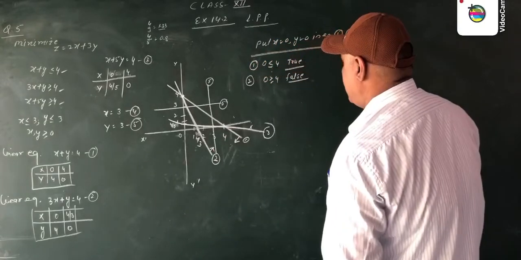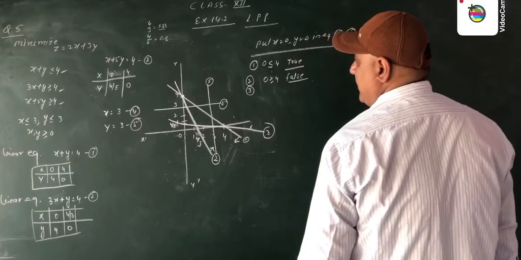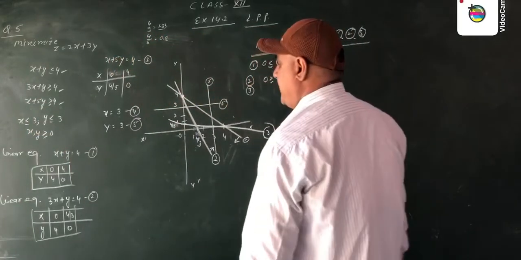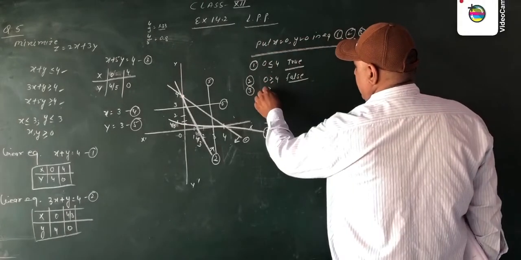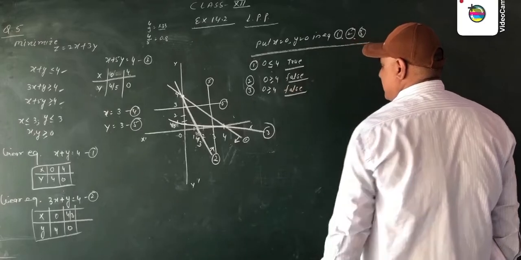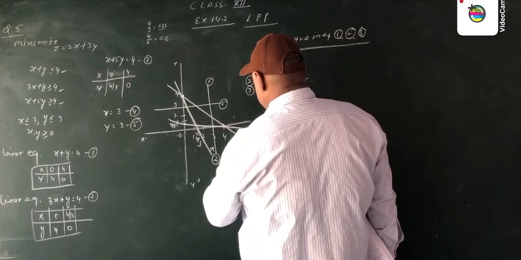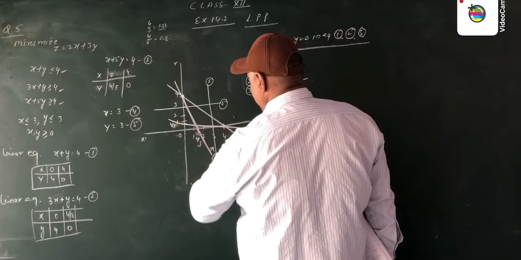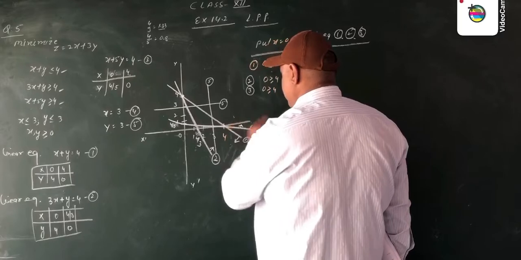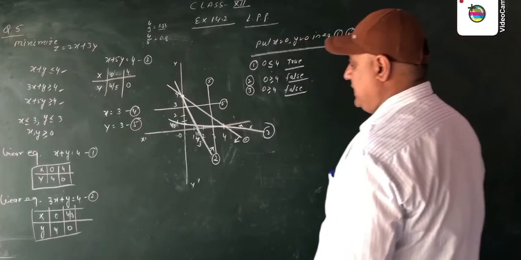And in line third, we put x equal to 0, y equal to 0. We get 0 is greater than or equal to 4, which is also a false statement. So the area is opposite to the origin for equation third. This is your equation number third. Now this says that the area of this also lies opposite to the origin. Now these are the three equations we have solved.